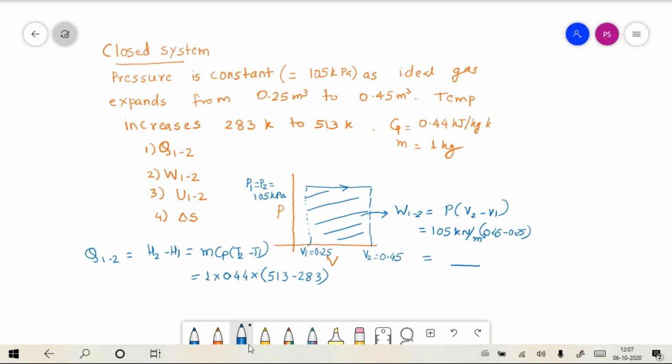Okay, so we'll assume that there is some other gas whose Cp is 0.44, and that will give us some answer, right? Similarly, for finding U12 you need to apply the first law of thermodynamics. You know that Q12 is equal to delta U plus W12. So delta U would be calculated as